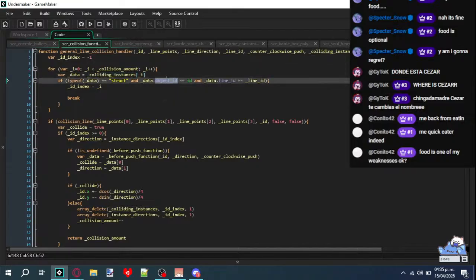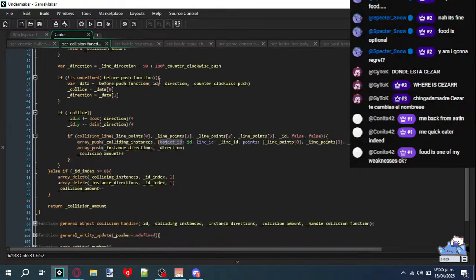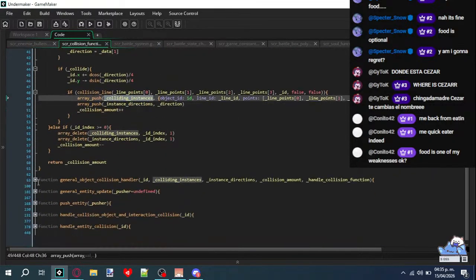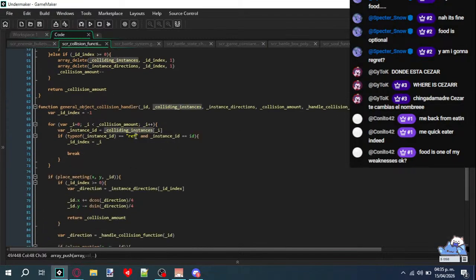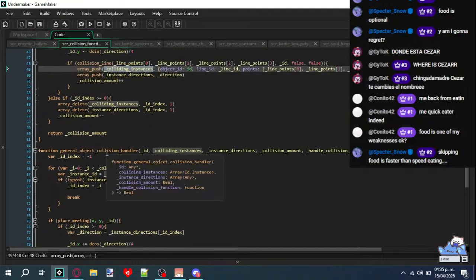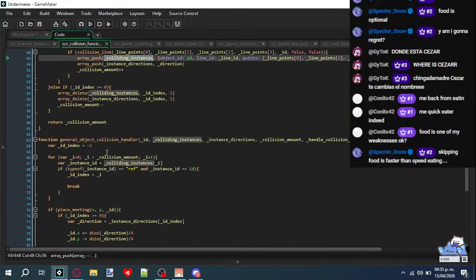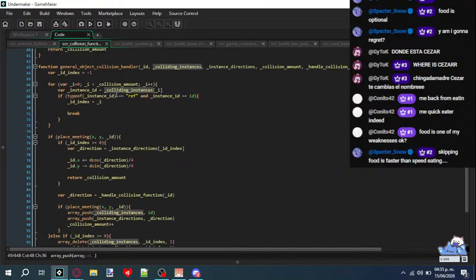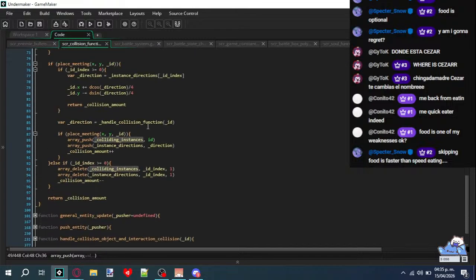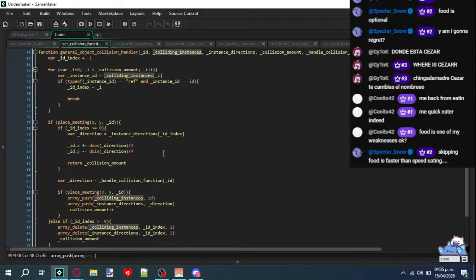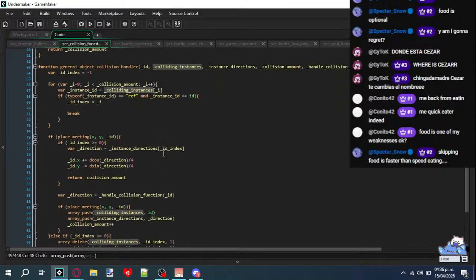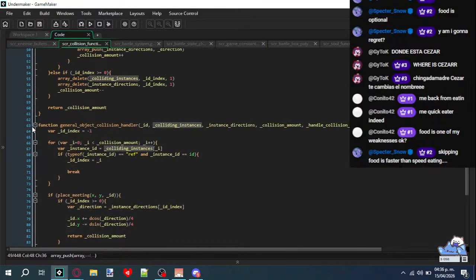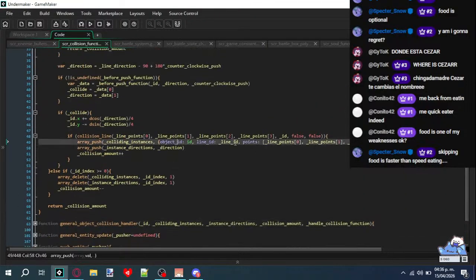Because colliding IDs. God damn it. So this is just filler code that is useless now. Yeah, because for colliding instances, if collision line in here, if the place is meeting, only the ID is pushed. But then this ID could overlap with other objects, and because of that, I cannot just not provide this kind